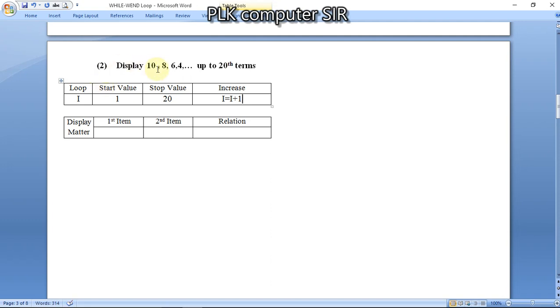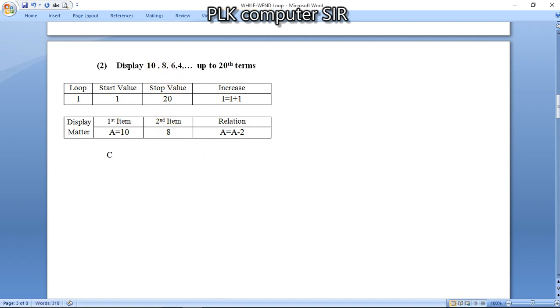Now if we talk about the printing item, it is not matching the counter because here it is 10, 8. If it is different, then we assume one variable a, so a is 10. Next time it displays 8, it means the value of a is decreasing by 2 each and every time.